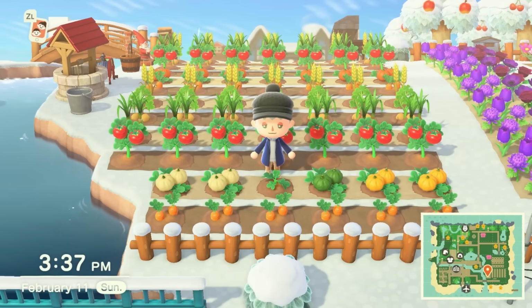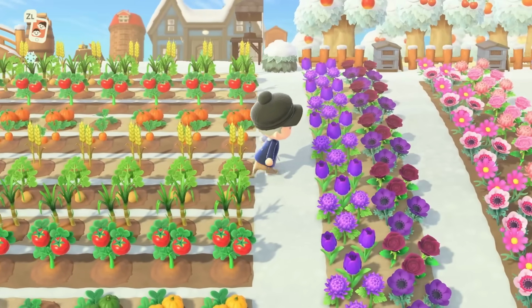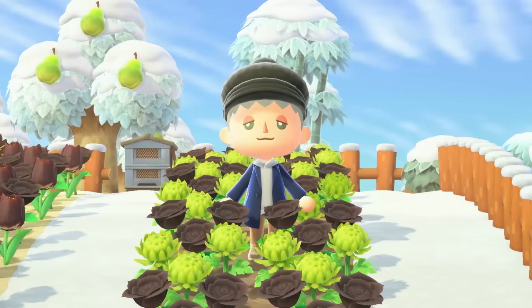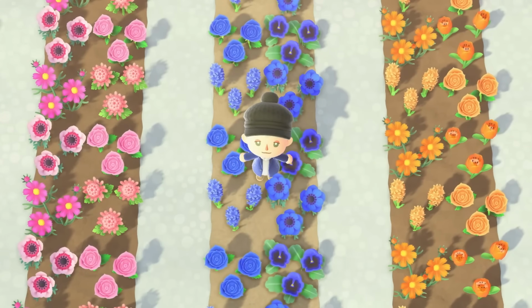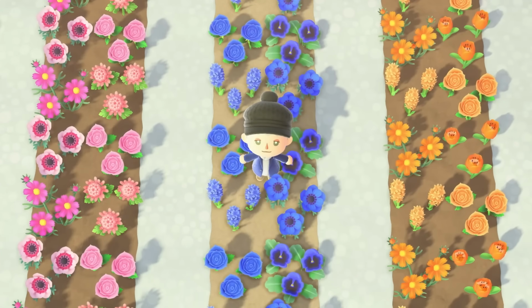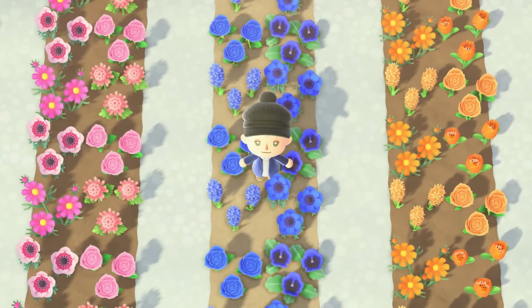yellow pumpkins in order. Then to the right of that is flowers, where I again alternate dirt colors to separate them by color. They're sorted by purple, pink, blue, orange, and black. This row is different, but we'll get to that in a second. Notice how no 2 similar flowers in the first 5 rows touch. These flowers aren't breeding, they're cloning, which is nice because it guarantees that you won't get random colors of flowers